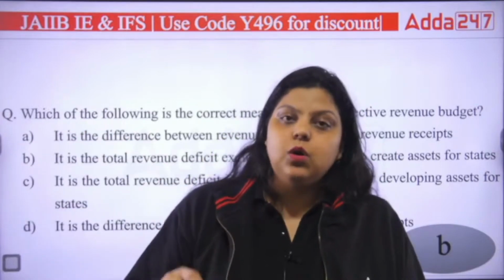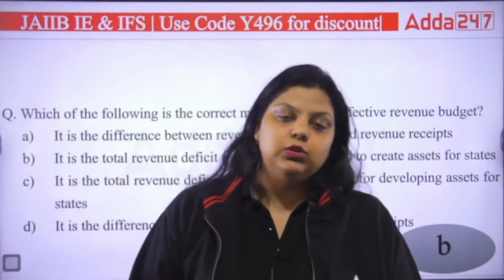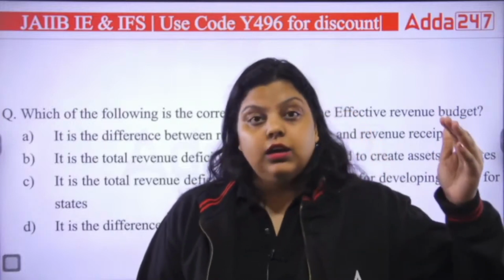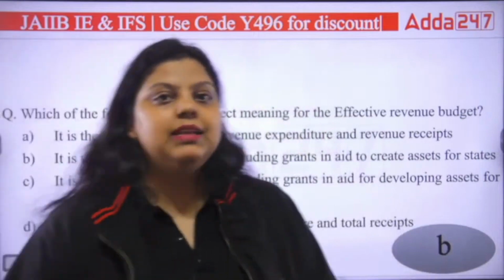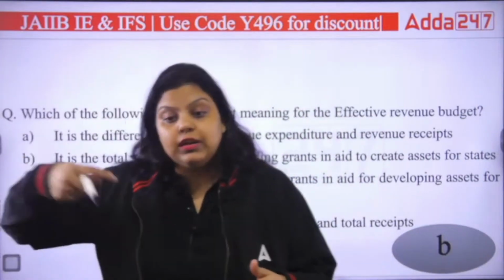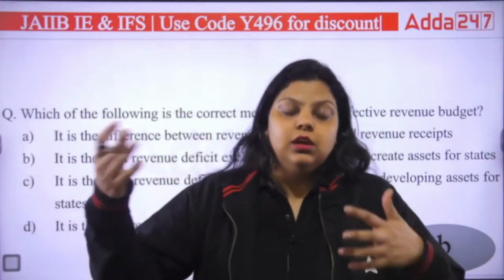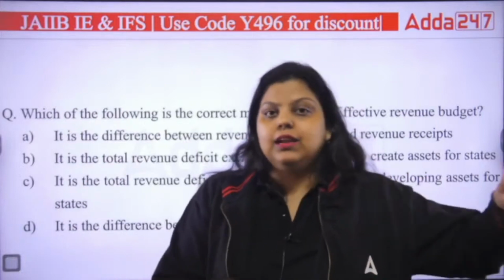But what happened? The government has got grants from the World Bank or from the central government given to a state government or whatever. When you get the grants, you deduct those grants, because a grant is your asset. It's not a liability that you have to return in the future. That's your asset that someone has given you for helping you out in the business or in the economic planning. So you have to subtract that grant from the revenue deficit.